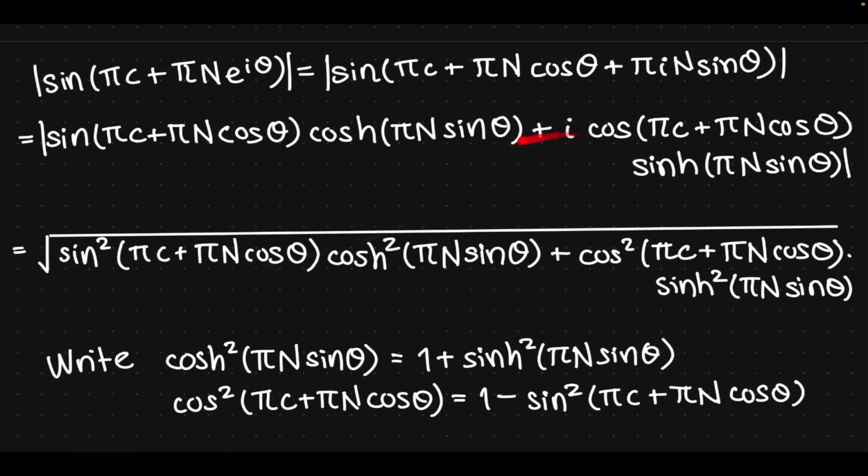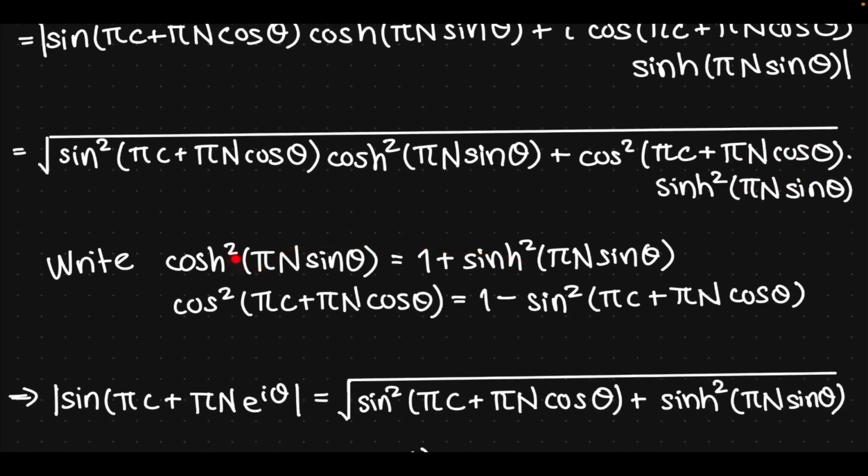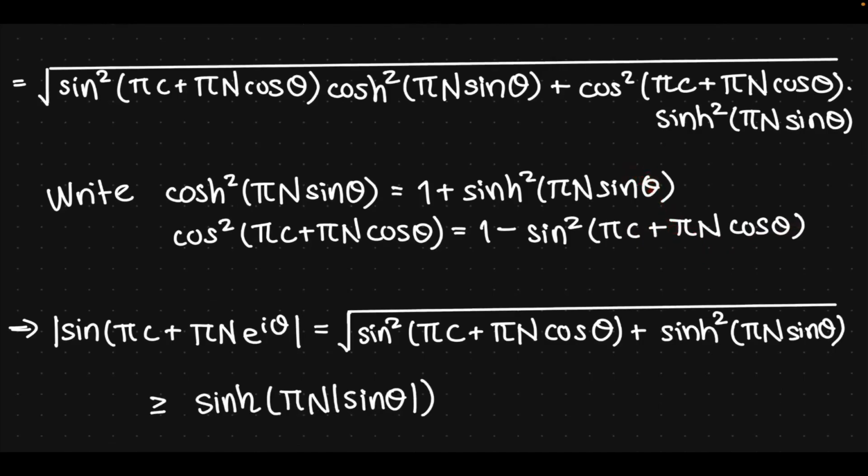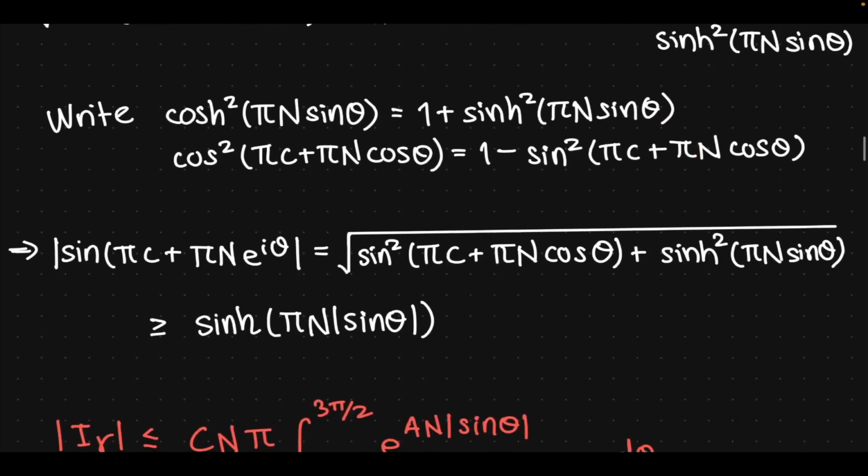But now we have a complex number, and the modulus or the absolute value of that is going to be a square root of the real part squared plus the imaginary part squared. So the square root of sine squared of pi c plus pi N cos theta times cosh squared of pi N sine theta, plus cos squared of pi c plus pi N cos theta times sinh squared of pi N sine theta. Write cosh squared of pi N sine theta as 1 plus sinh squared of pi N sine theta. Write cosine squared of pi c plus pi N cos theta as 1 minus sine squared of pi c plus pi N cos theta. This is just the square